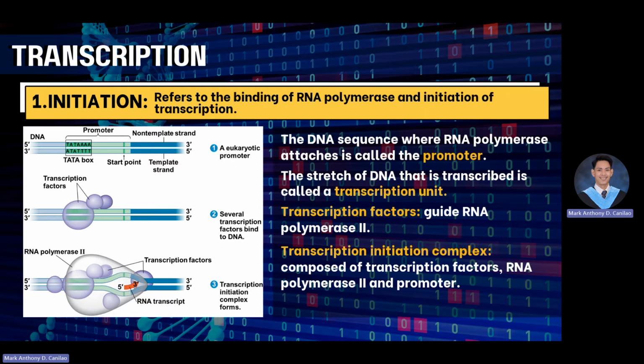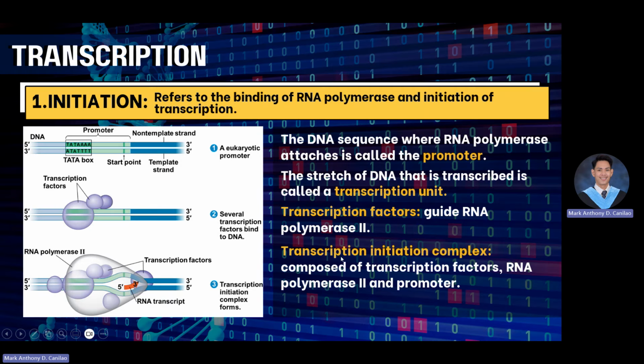Okay? So what happens in the initiation? The prime protein that we need is known as the transcription factor. As you can see in the second part, the transcription factor will bind to the TATA box or the promoter site, and it will tell the RNA polymerase to begin in this specific locus or location. So when transcription factors, RNA polymerase, and promoter site bind, they congregate in one location, and we call it the transcription initiation complex.